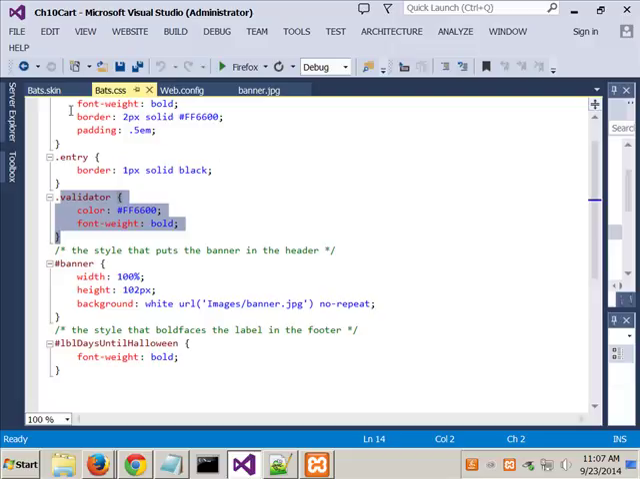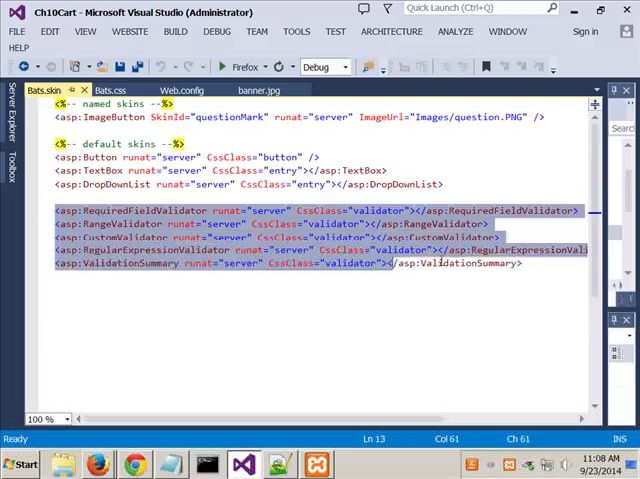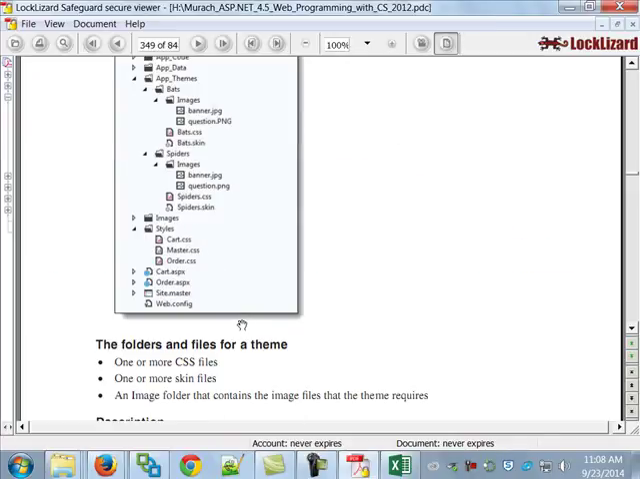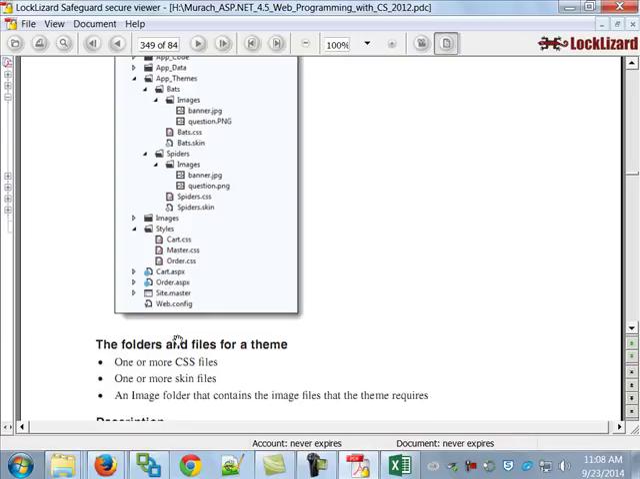And again, that's what the whole chapter gets into. You can put anything in here that you want to create. Not only that, you can take individual ones. So if I wanted an individual button to look different, I could have it have its own skin if I wanted to do that, and then just apply that skin. All right. So as it says, the folders and files: one or more CSS files, one or more skin files,